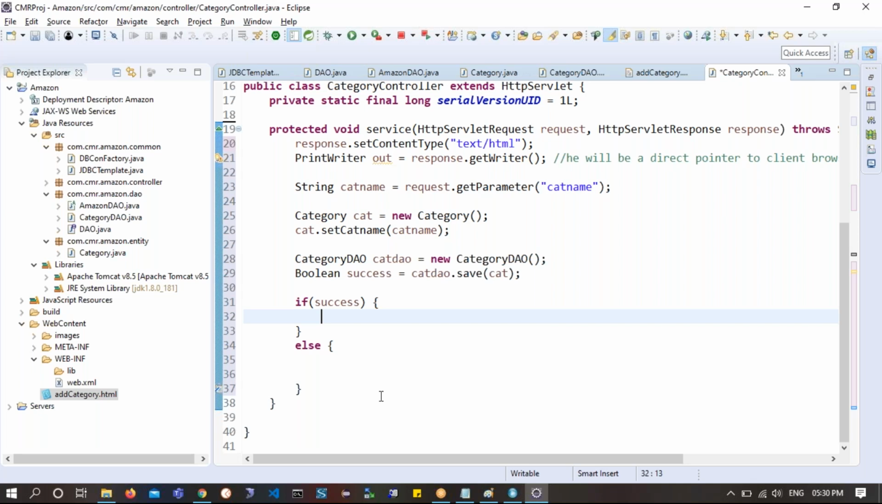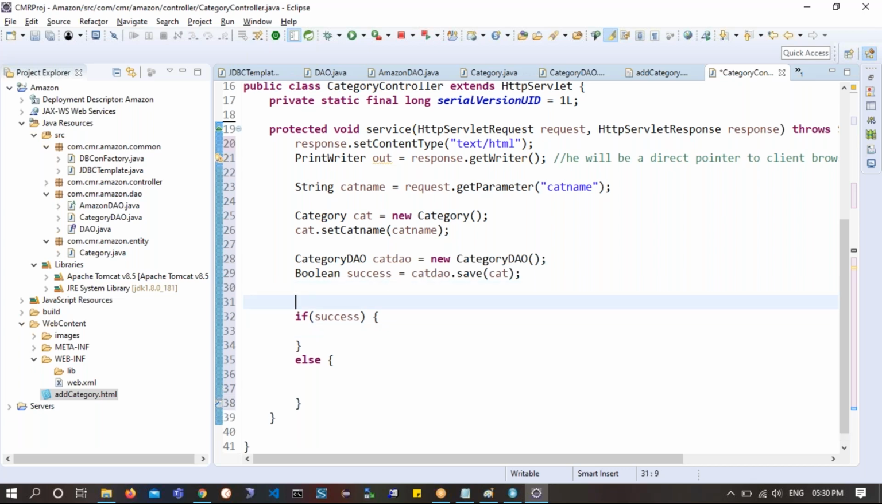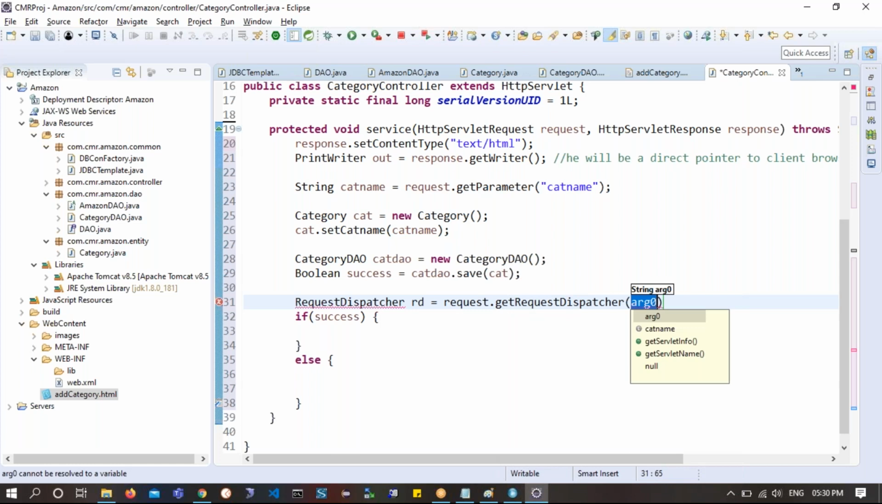So similarly I wanted to show the same screen again, for which I will take the help of someone called request dispatcher. We will discuss request dispatcher in detail in the next session. For the time being, understand that I am trying to showcase the same output again. So RequestDispatcher RD is equal to request object dot get request dispatcher on add